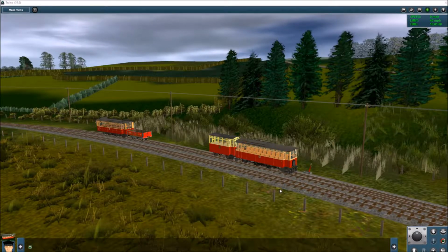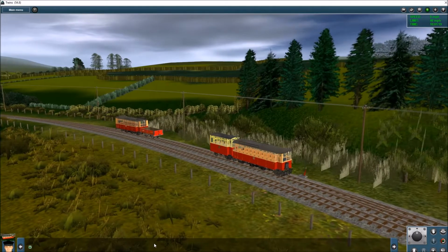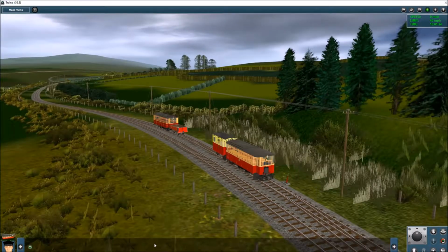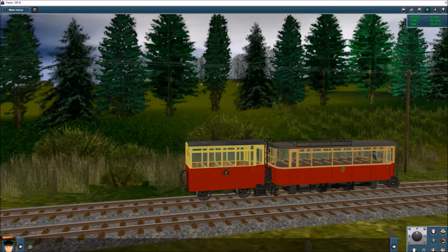The County Donegal Railway narrow gauge network in the north west of Ireland also acquired a series of second-hand vehicles which it adapted for its own use, and perhaps one of the most remarkable was this vehicle in the centre here. It was bought from the Dublin and Blessington steam tramway, which was an Irish standard gauge, that's 5'3" gauge line, and that had been closed in